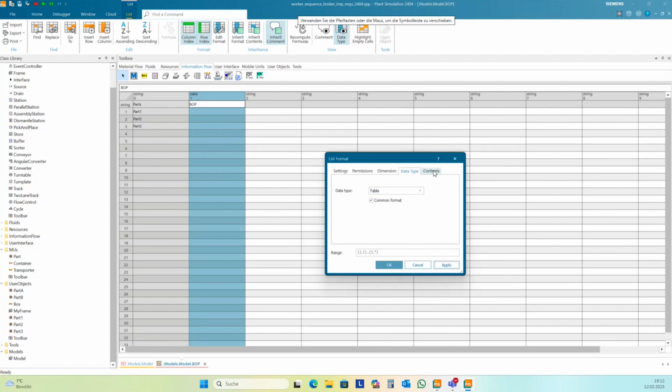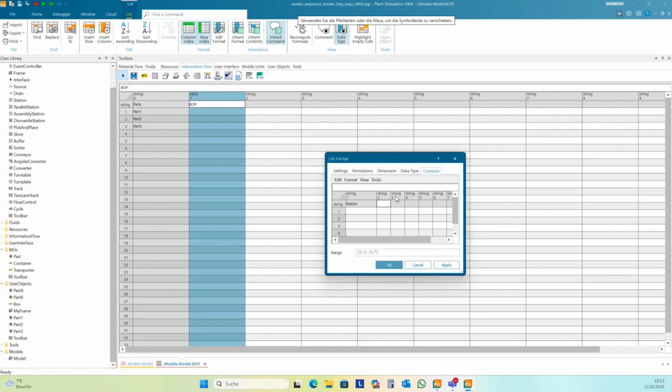And you need to set the format of this subtable in the tab contents. I want to have the column index. In the first column, I want to have the station.